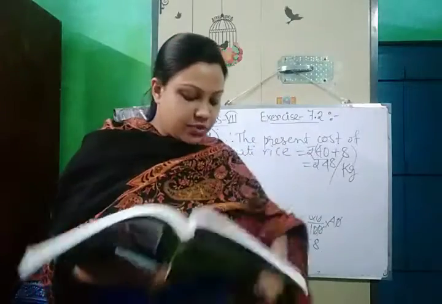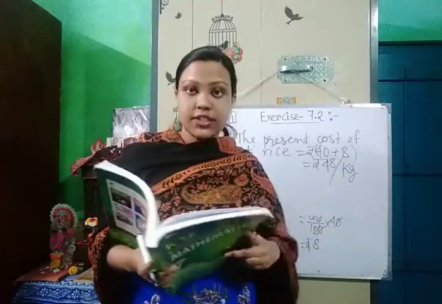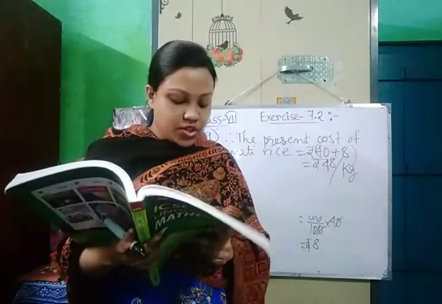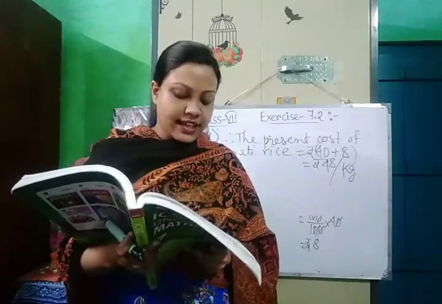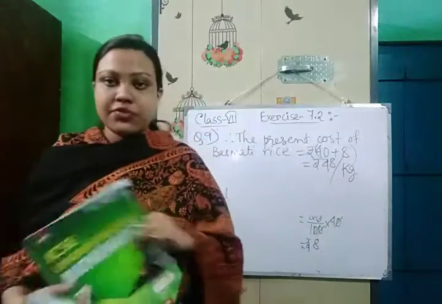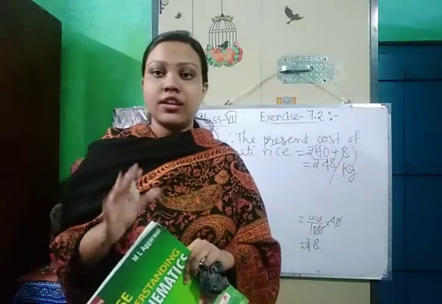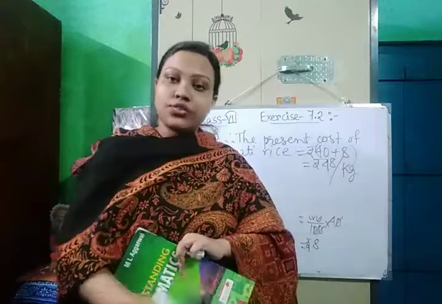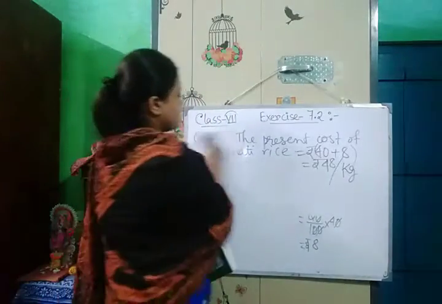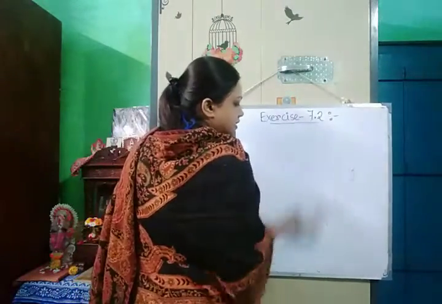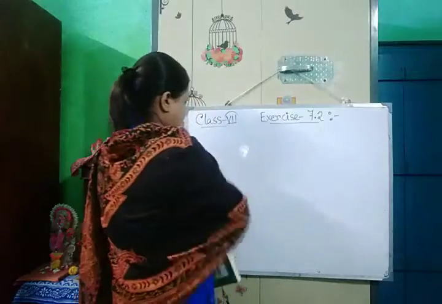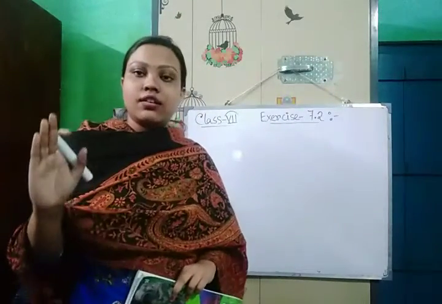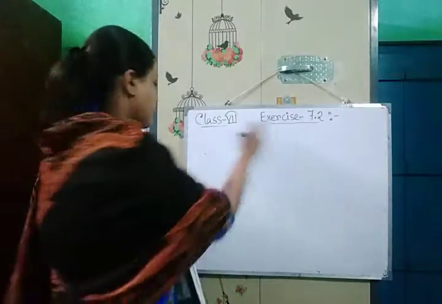Okay. Now next I am directly going to question number 14. Question number 14 is: find the whole quantity if 25% of it is 9. In this type of question, the whole quantity is not given, but 25% of the whole quantity is given. So what will we do? We will assume that the whole quantity be x. Okay, what did I say? That we will assume that let the whole quantity be x.